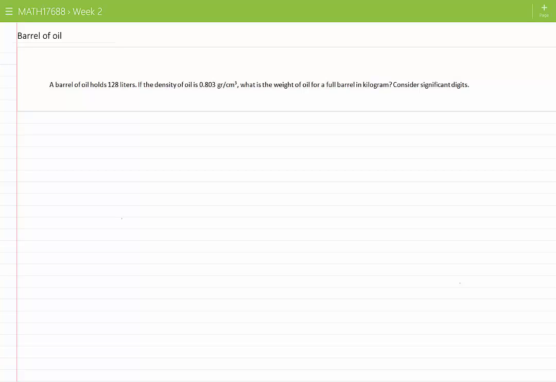A barrel of oil holds 128 liters. If the density of oil is 0.803 grams per centimeter cubed, what is the weight of oil for a full barrel in kilograms? Consider significant digits. The first thing to point out is that when we talk about weight, we normally measure weight